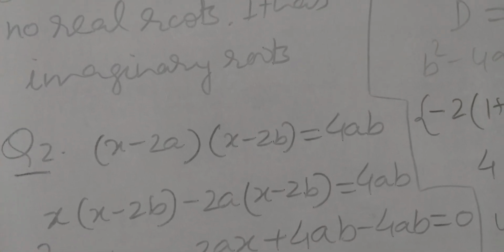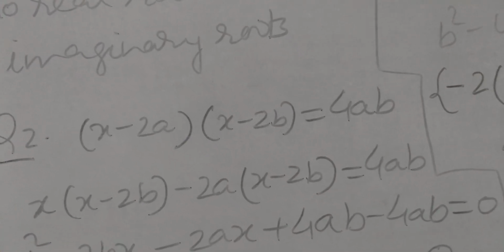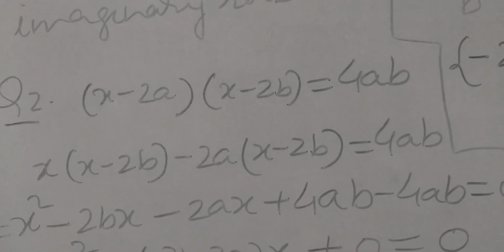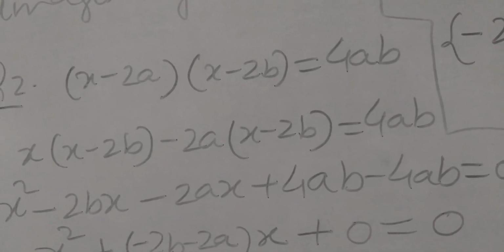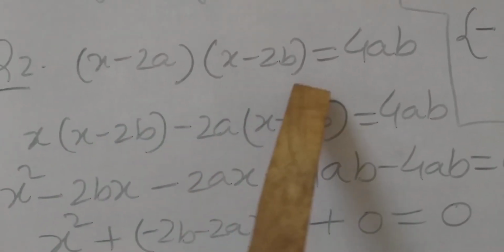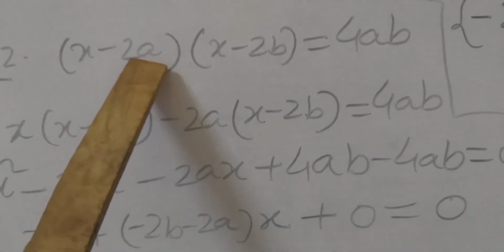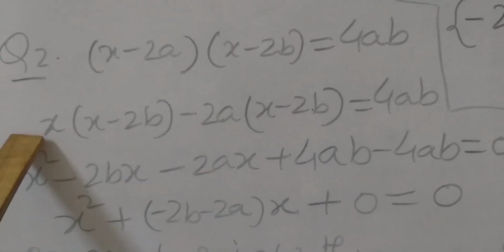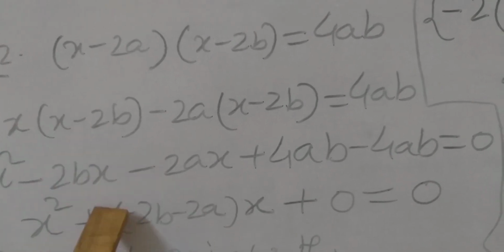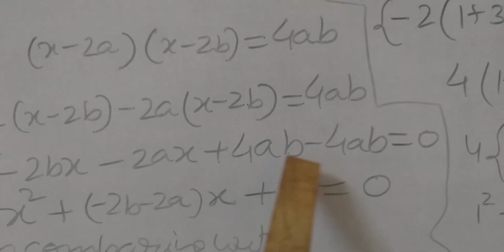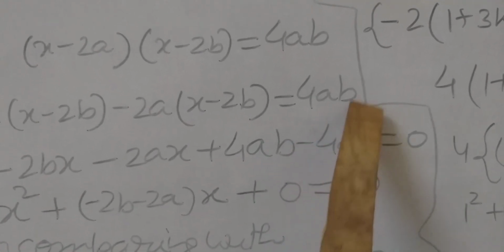So first we have to multiply and change it into the proper quadratic equation form. So x multiplied by x minus 2b, student, and minus 2a also multiplied by x minus 2b. So open the bracket: x square minus 2bx minus 2ax plus 4ab equals 4ab, because this 4ab will transpose